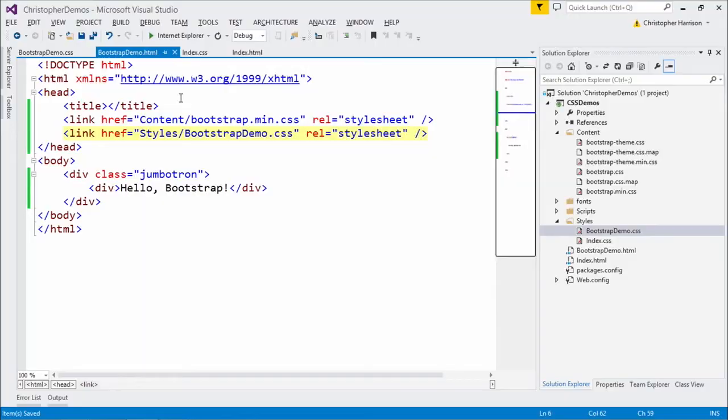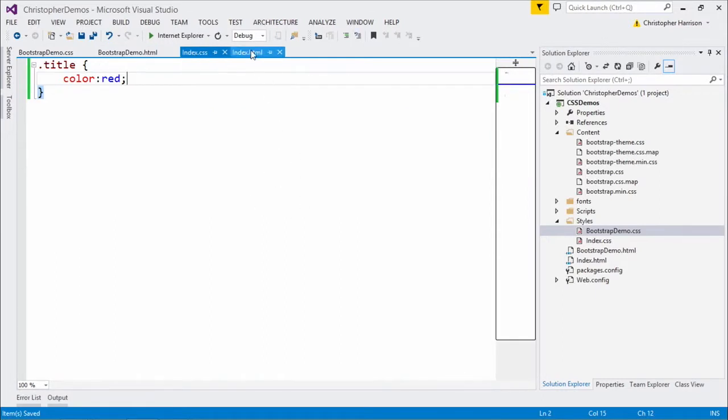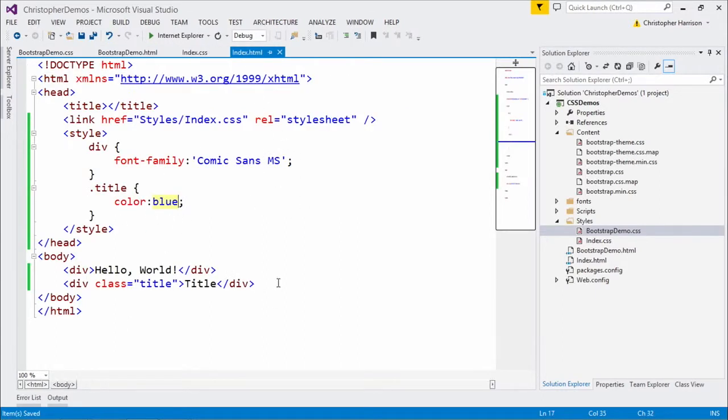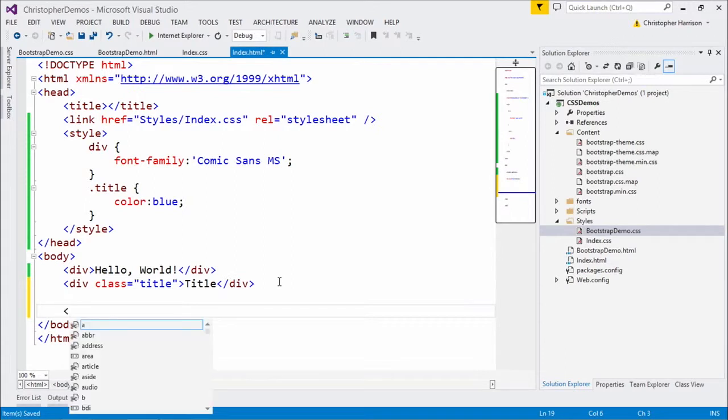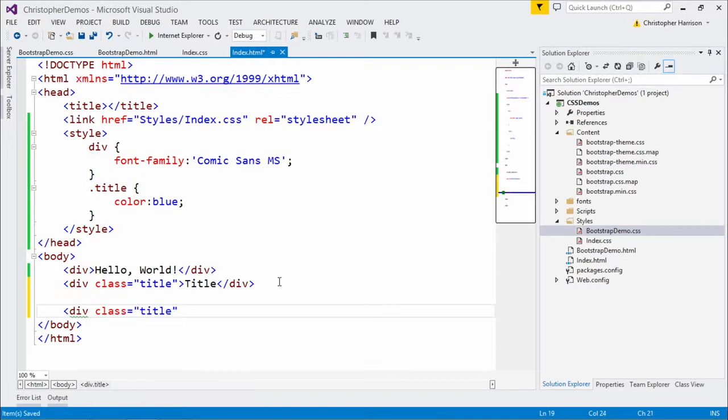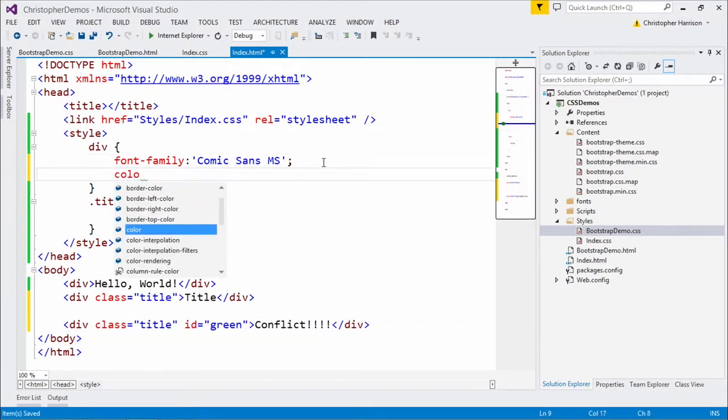Or if we break this down and actually just look at it, let's do a demo. I like demos. So let me do this. I'm going to just sneak right down here, and I'm just going to say div, and I'm going to say class equals title, and I'm going to say ID equals green. And this is our conflict. Here, we'll make it conflict with exclamation points. All right. So let's, for right now, just go in and say color, red,